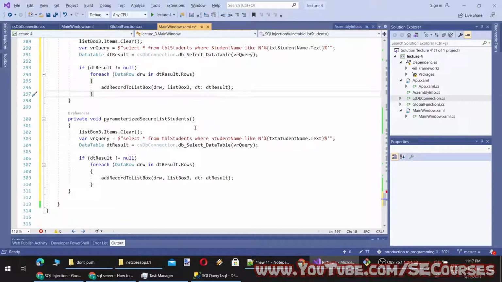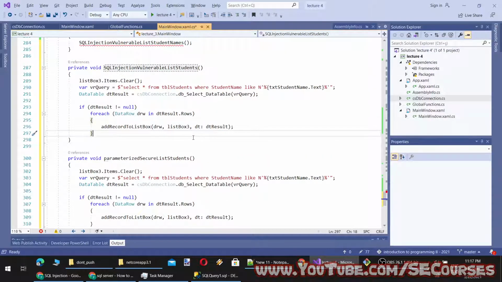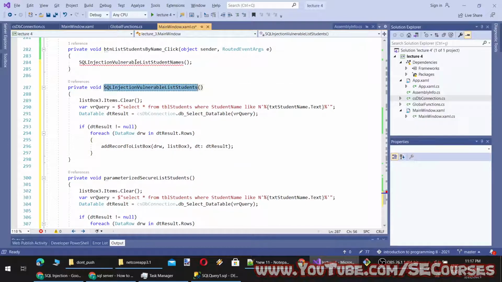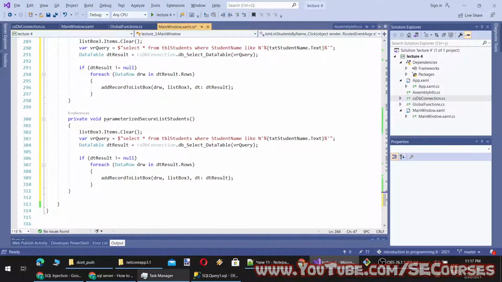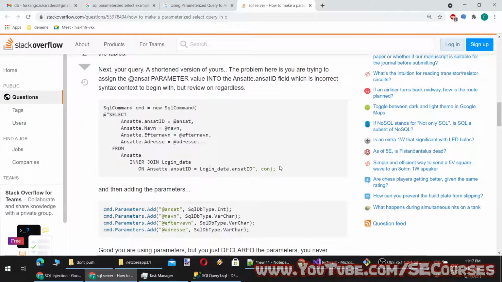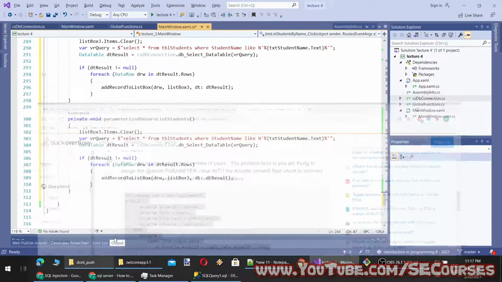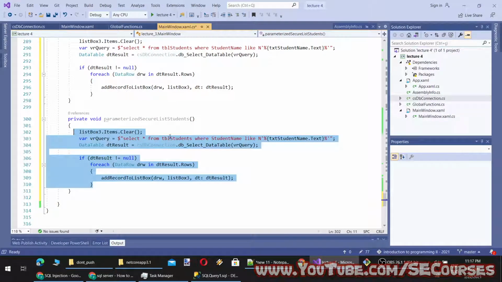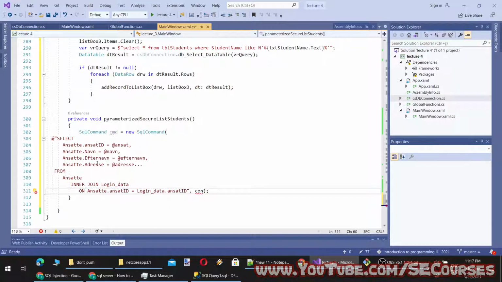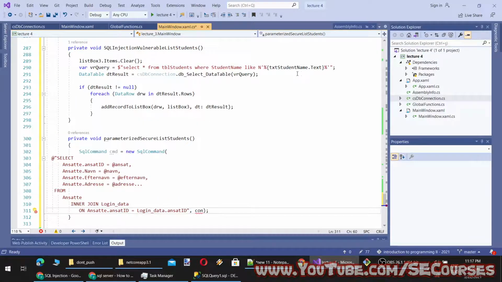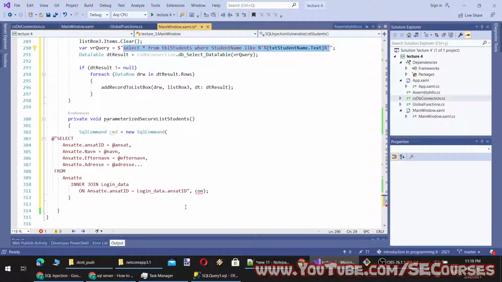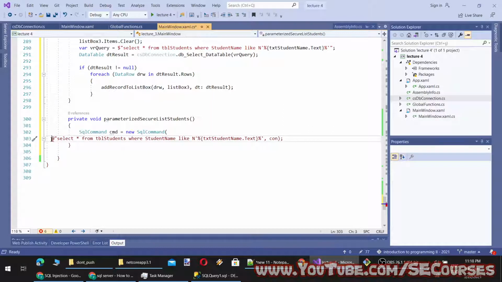All right. So what will be the difference? I will start from a simple example, and here we will use SQL command, and we will write our command as previously, but with different parameterizing.